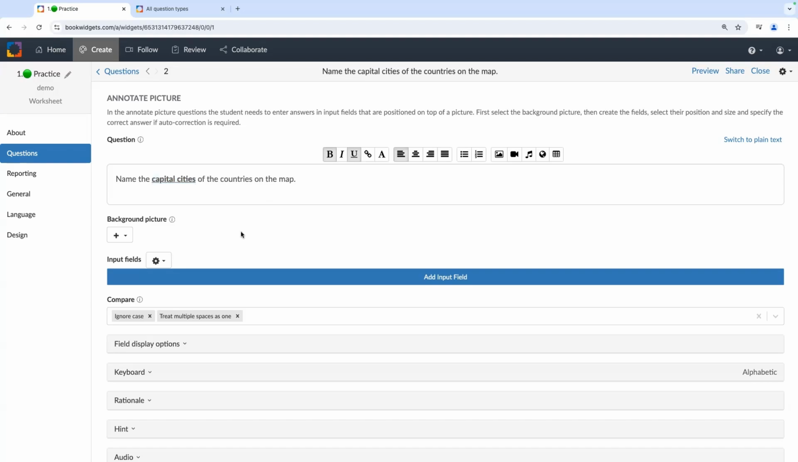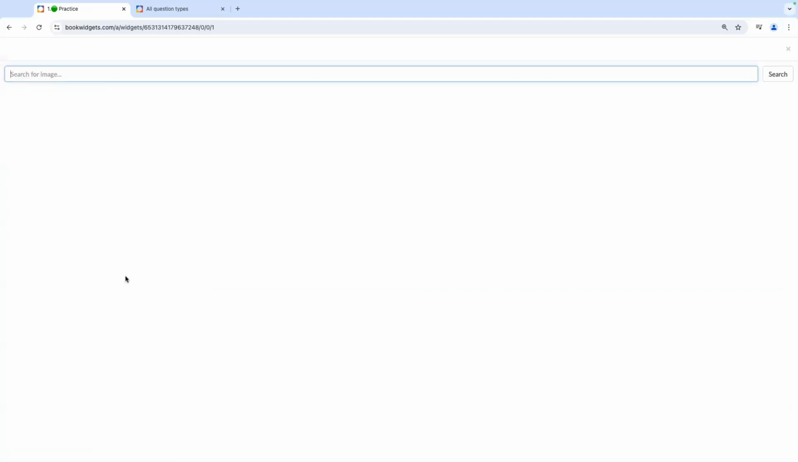Now I need to have the image that they're going to annotate. So there's a background picture here. I can, from the dropdown, choose an image to upload from my computer. I can import it from Google Drive if I have my Google account connected. I can find an image online or paste it from my clipboard. We're going to do find image online. Now this takes us into our Pixabay integration where we can